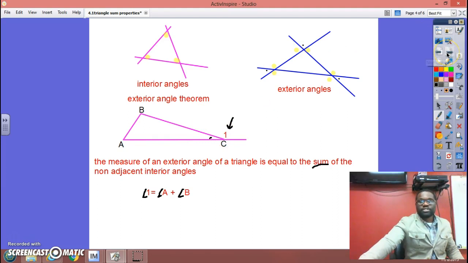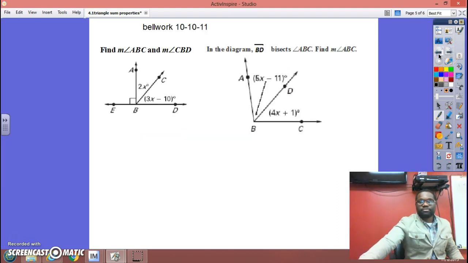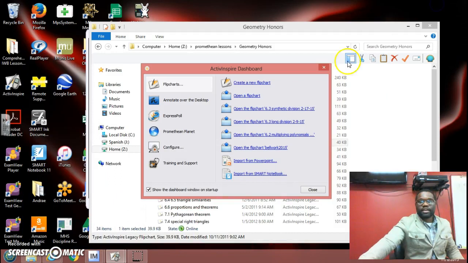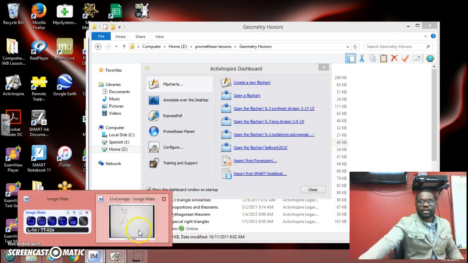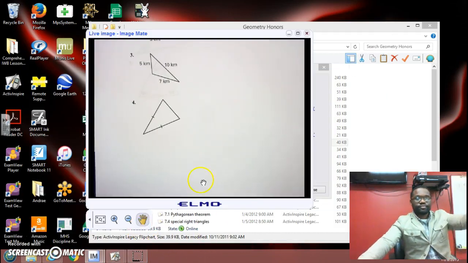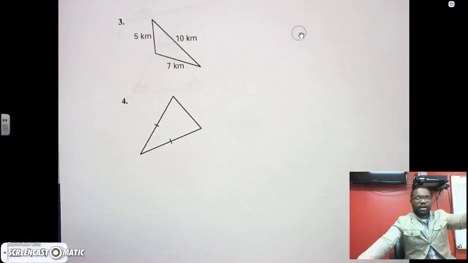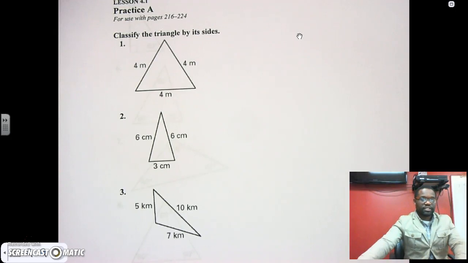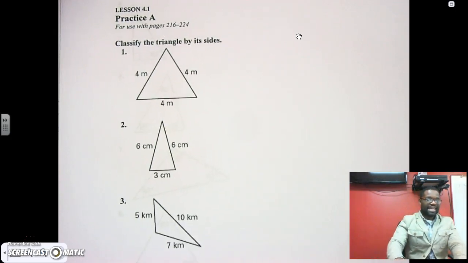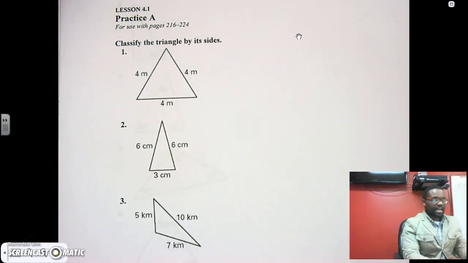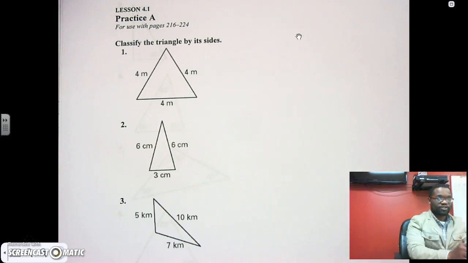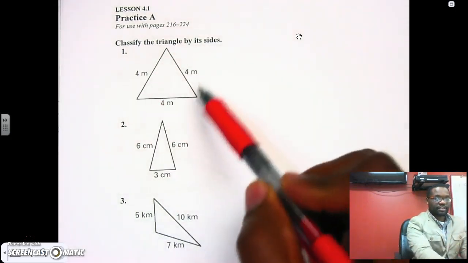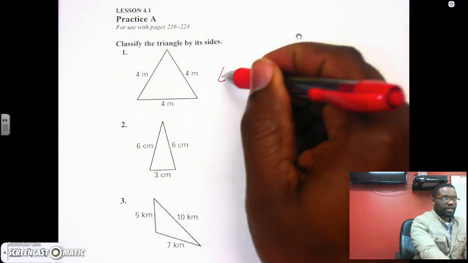Now we'll work some examples and we may come back to this. Let's go ahead and work some of our examples. All right. First thing I want to do is talk about classifying my triangles. I'm not going to work all of these, but this one tells me to classify the triangle by its sides. And so what do you notice about all three sides here? They're equal. So this one will be an